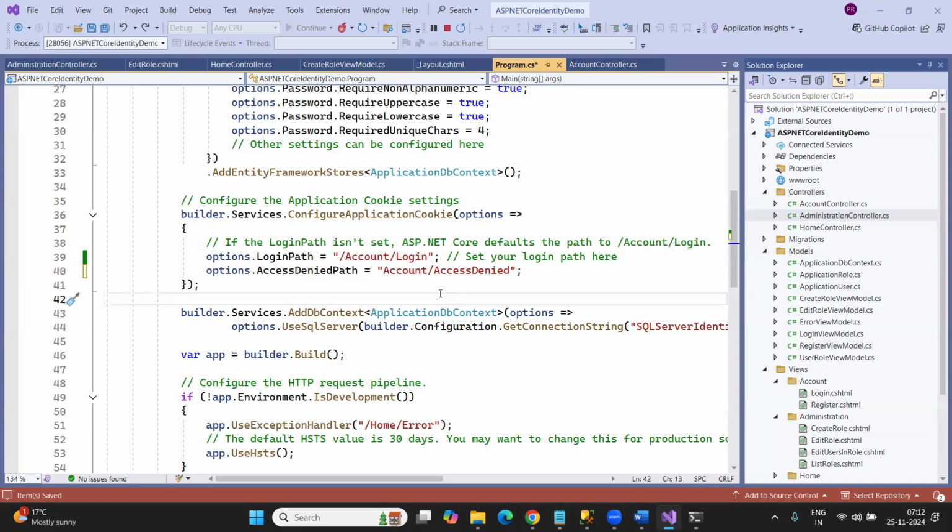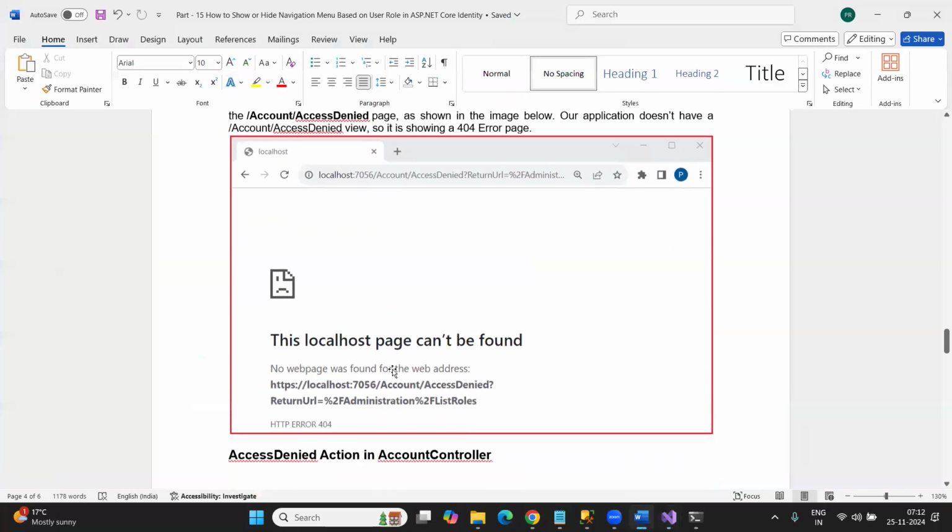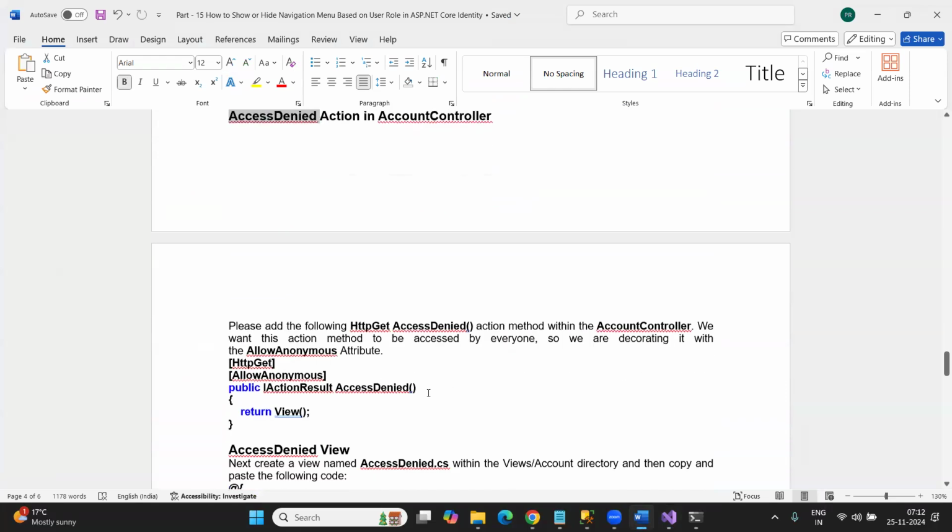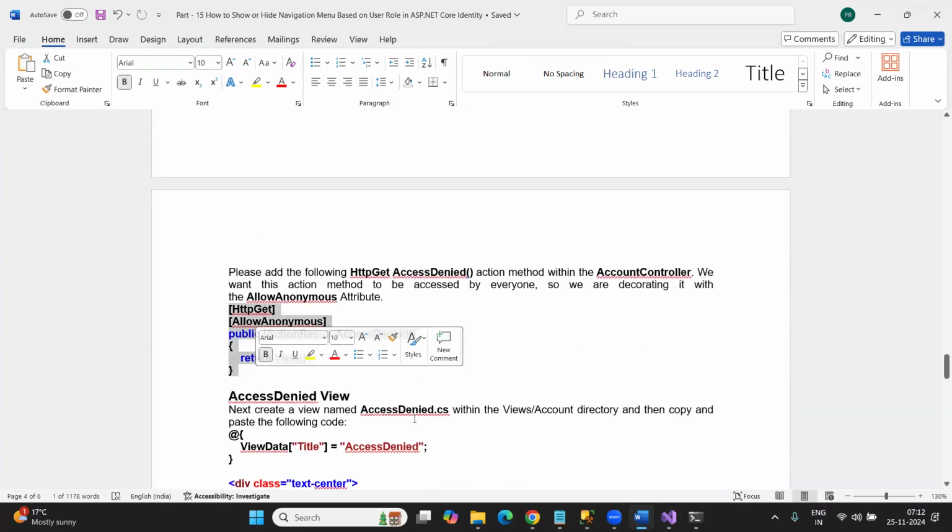Clear? Yes, sir, clear. And we need to follow the industry standard. The industry standard says go with the account and access denied. So next, what we need to do, guys, is create this access denied action method within the account